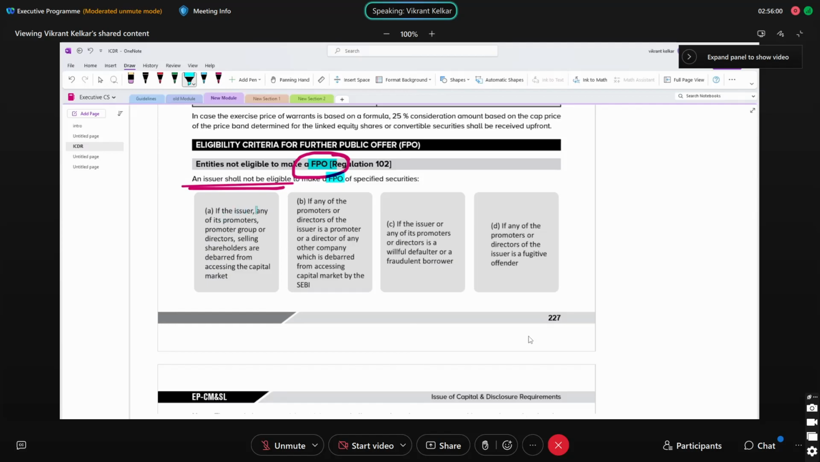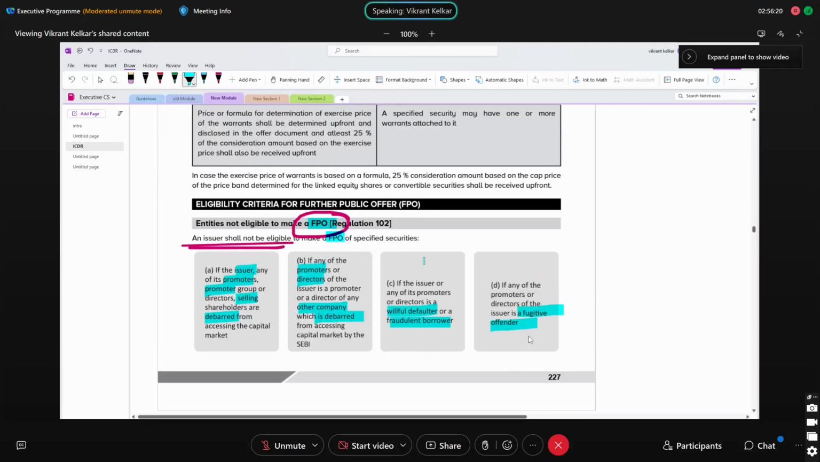First one, the issuer, the promoter groups, the selling holders are debarred. Second one, promoters, directors of the company which is debarred. Third one, promoters, directors are willful defaulter and fraudulent borrower. And lastly, they are fugitive offender. So these are the four conditions. Whether these four conditions are an exact copy of the earlier conditions,